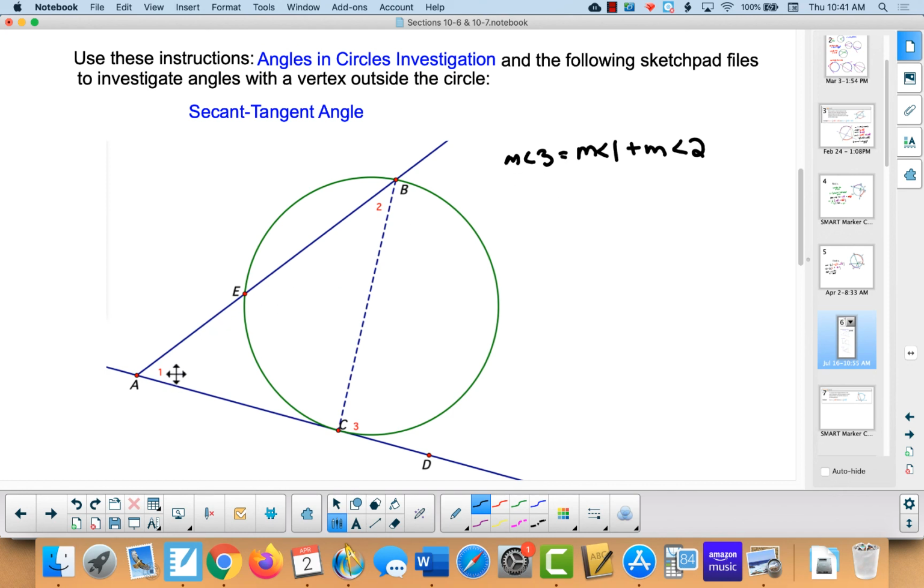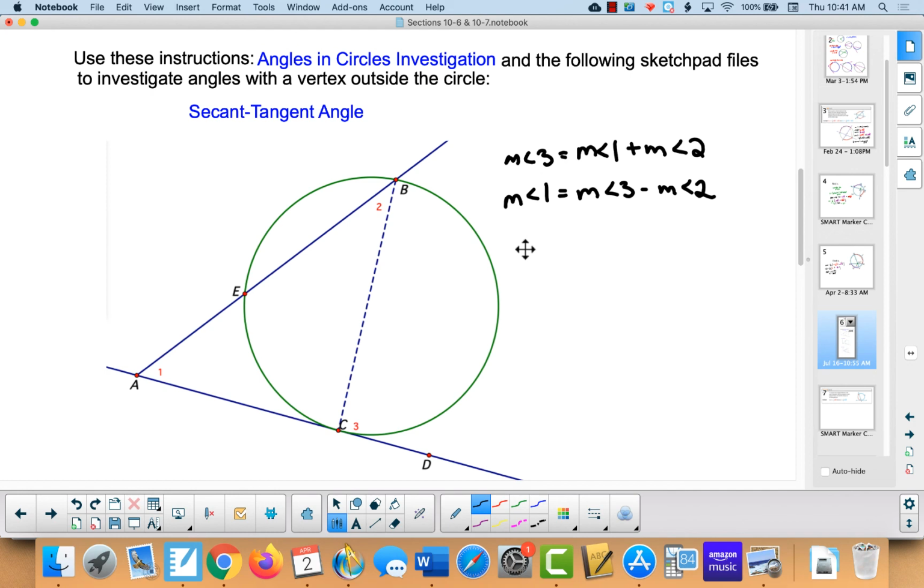Now, I want the formula for angle 1 because it's the angle where the vertex is outside the circle. So I'm going to rearrange this